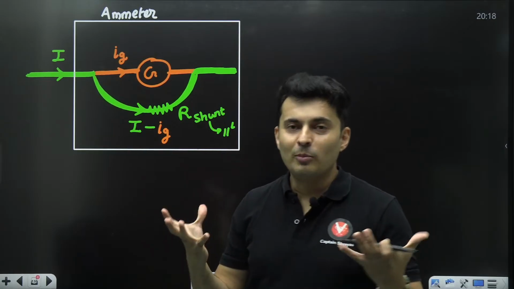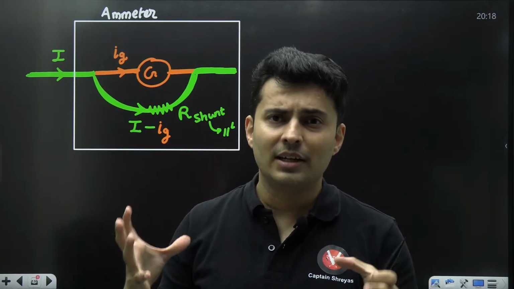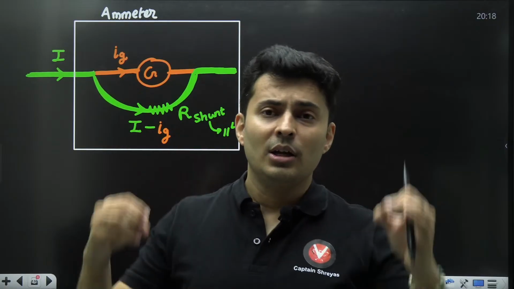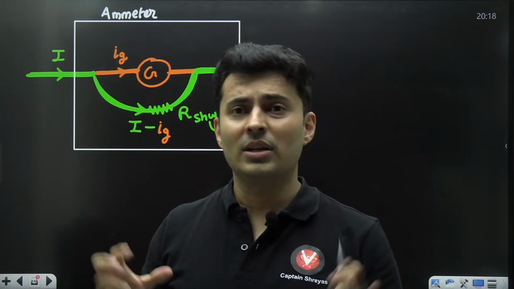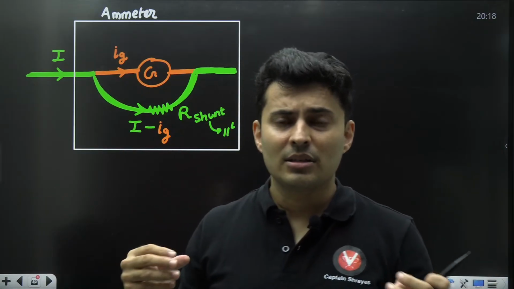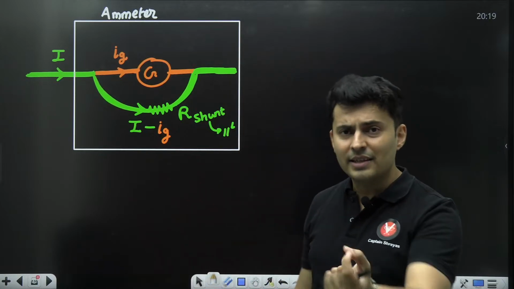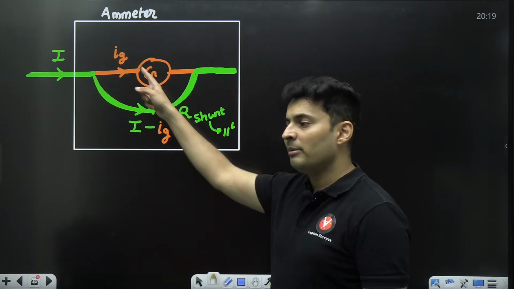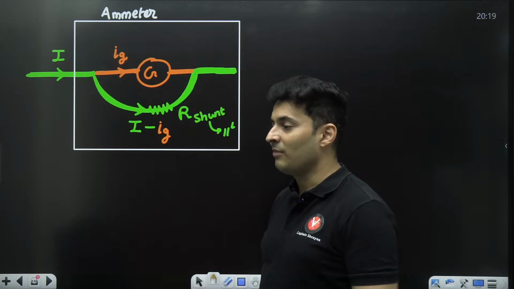So if you buy a galvanometer in an electronic shop for 500 rupees and somebody sells you an ammeter for 2000 rupees, that means you have become one fool, because there is no difference as such between a galvanometer and an ammeter except for one resistor, and the resistor you can get for 1, 2 rupees, 5 rupees. So take a galvanometer, connect a resistor in parallel, and automatically it has just become an ammeter,